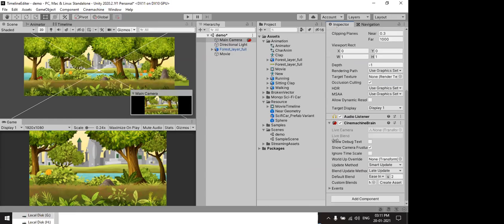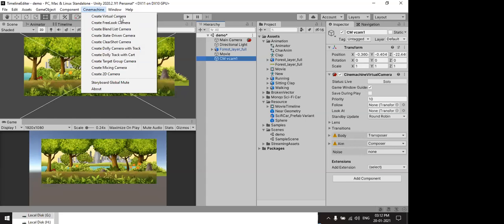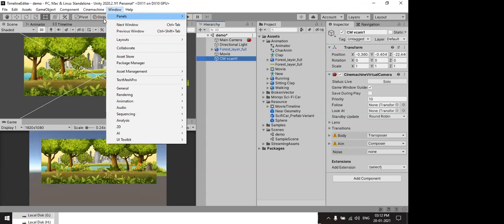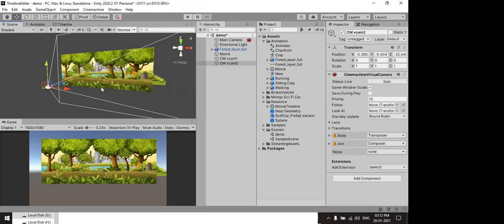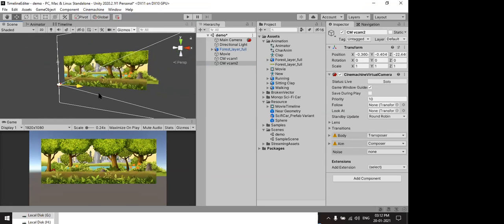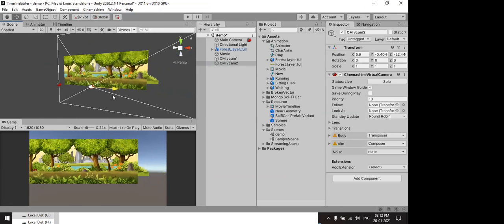Here I have to create a Cinemachine virtual camera, and also another Cinemachine virtual camera. I have to create two virtual cameras over there. Just I move the second one to this.